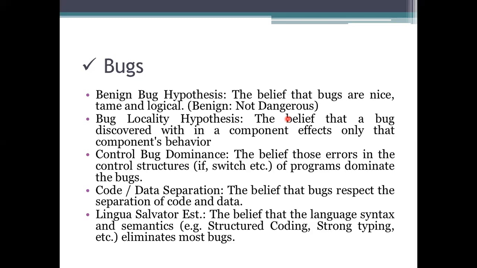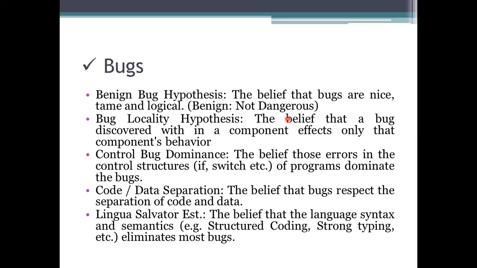So based on that, whenever we are finding an issue, we will find a bug there. Based on the things you have specified here, the bug where it is revealed will be specified here. This can be specified as optimistic notions of the bugs. The first one is the benign bug hypothesis. This is a belief that the bug you have found does not have any harmful behavior.